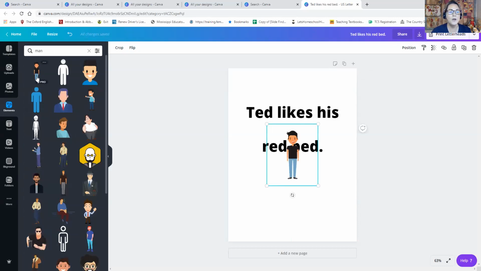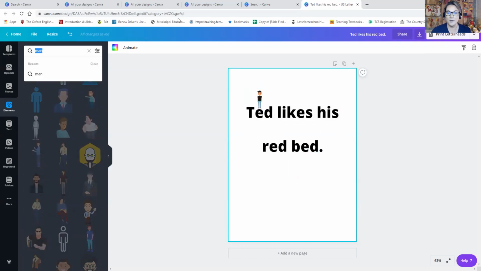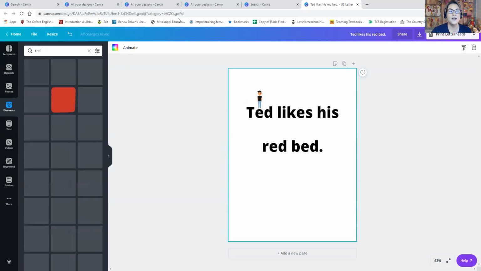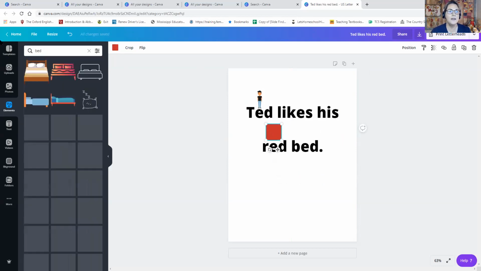Now, if you see pro by any of the pictures, then pro means that you're going to pay. And if it's a free picture that comes with the free version of Canva, it will say free beside it. I like to use the pro pictures. I think they are a little bit better, obviously. You can use the pro pictures even if you just have a free account, but you have to pay like $1 per picture. So as many as I make, it does not make sense not to go ahead and have the paid version. I could just use red here, and then I'm going to search bed,